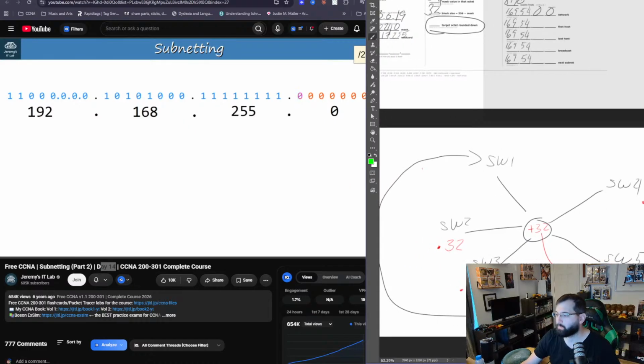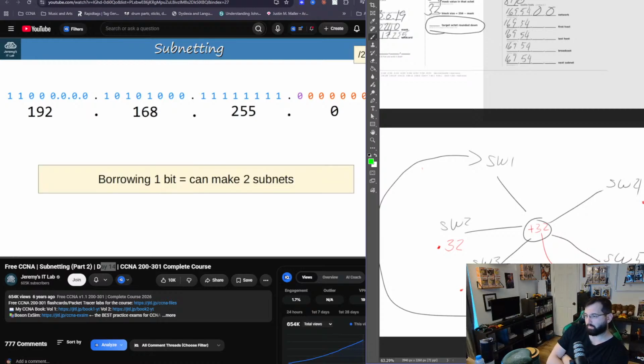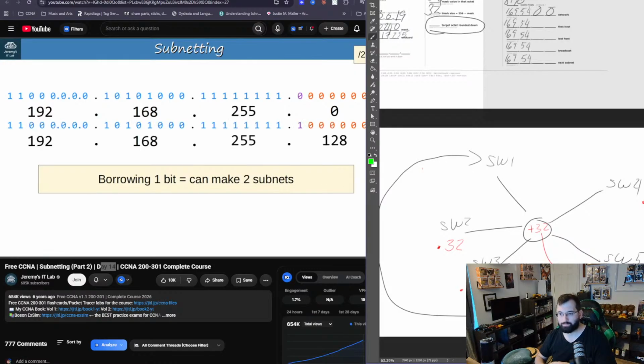192.168.255.0/24. If we borrow 1 bit, it now becomes a /25 network. Borrowing 1 bit also means we can make 2 subnets. Why is that? Well, all of the original network bits, the blue bits, cannot be changed. That is the network we received. However, the purple bit, the bit we borrowed from the host portion, we can change, and it can be either 0 or 1. If it's 0, we have the 192.168.255.0/25 network. Okay. If it's 1, we have the